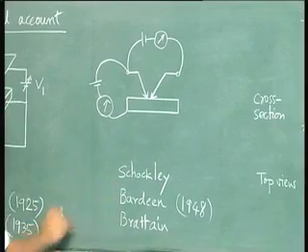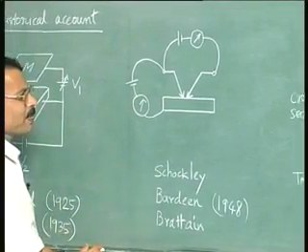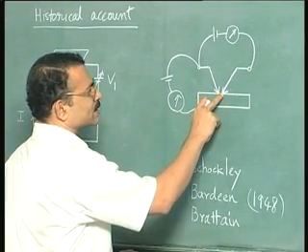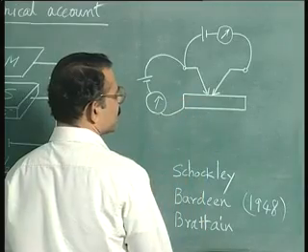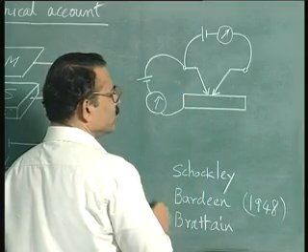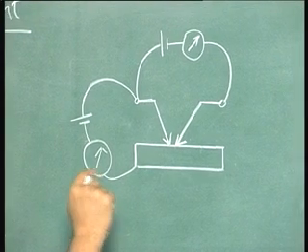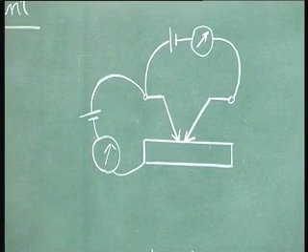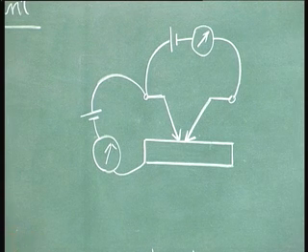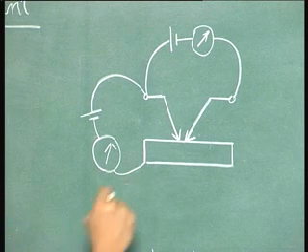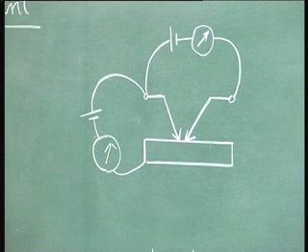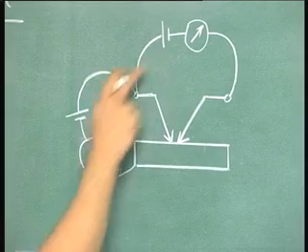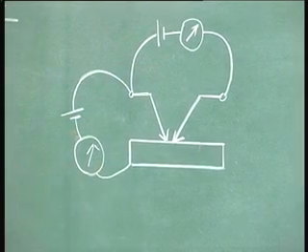Shockley, Bardeen and Brattain, these three scientists, in one experiment tried to put two contacts in close proximity on the surface of a semiconductor, because they knew that something is happening at the surface of the semiconductor which they wanted to understand, that is responsible for lack of conductivity modulation. So to study the surface, they created some such arrangement, and they were trying to see the currents in these two particular loops as shown here.